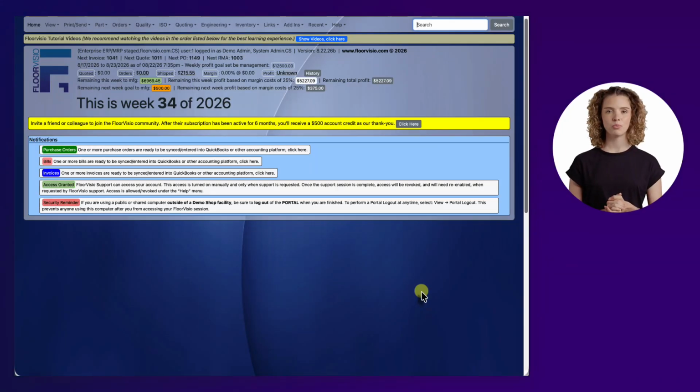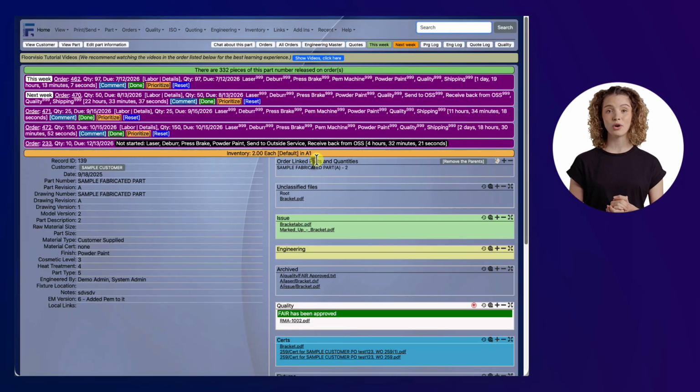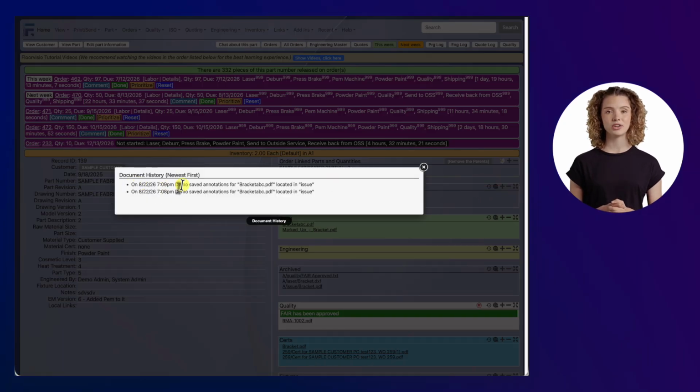In this video, we will see how to view the document history within a part record. We will go to the sample fabricated part, and we notice this history icon on each folder. When we click the history icon, it lets us know the transactions that have taken place within the file system